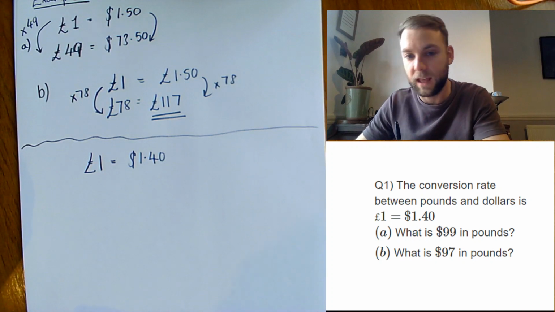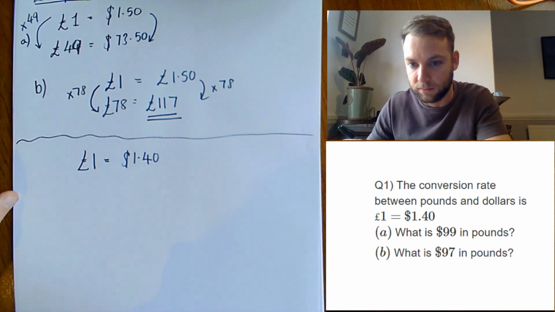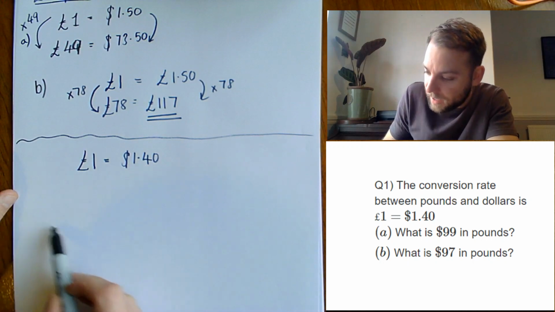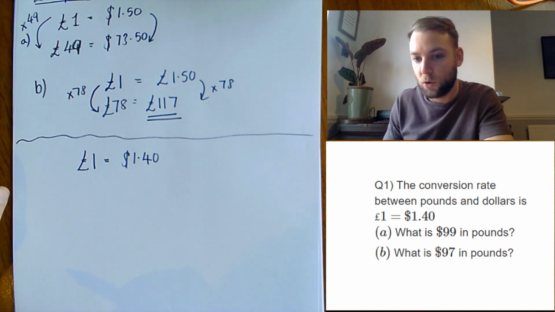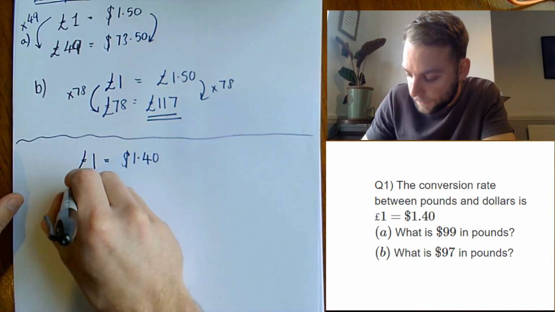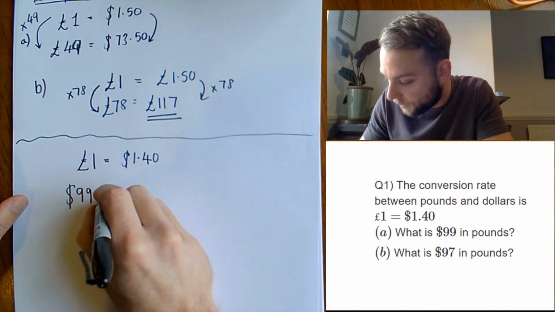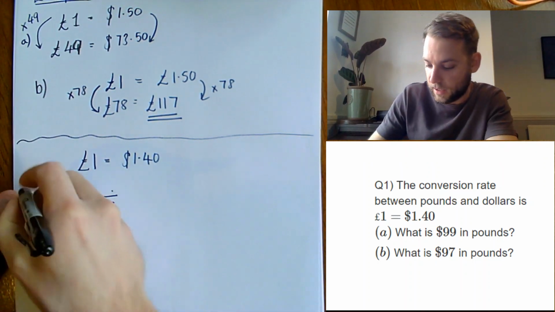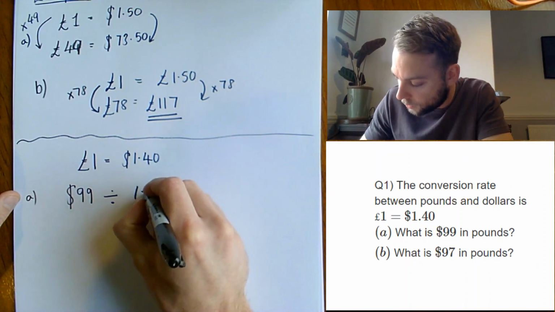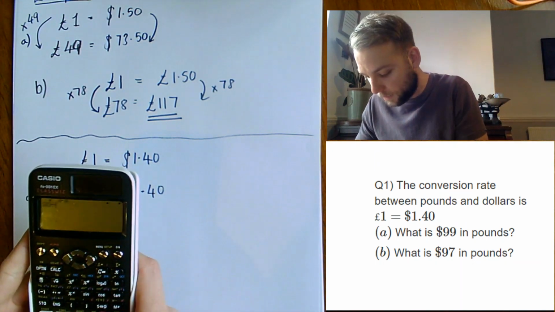So with this one here, the thing that we need to be looking at is converting from dollars to pounds. Now, to get this into $1, I divide by 1.40. So when you're converting back to pounds, what you need to do here is you do $99 divided by our exchange rate, which in this case is equal to $1.40. So we've got there 99 divided by $1.40,